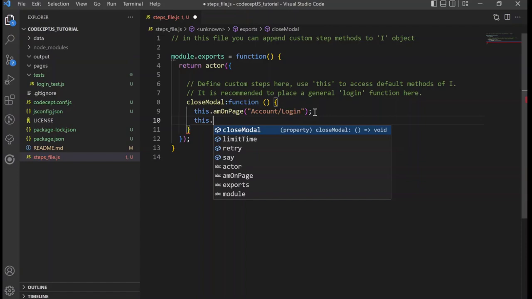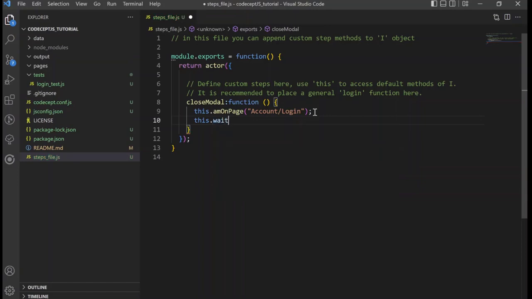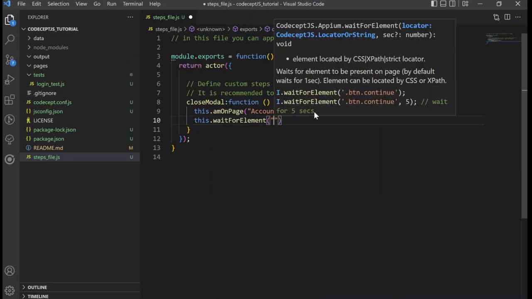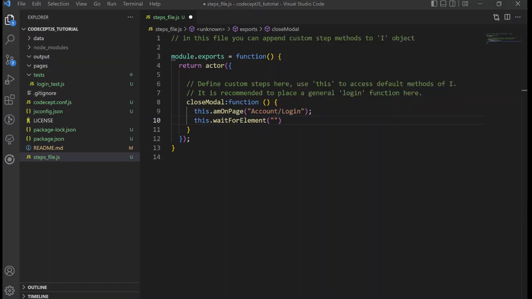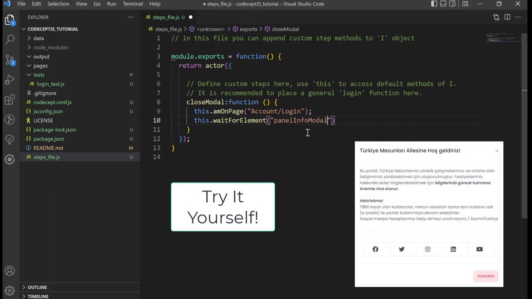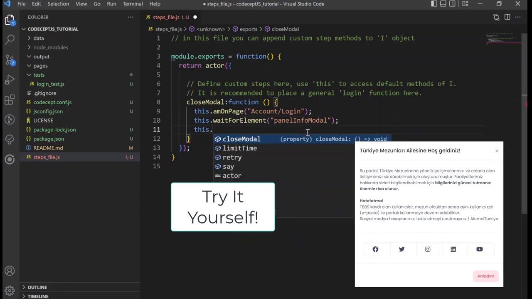And after that I will wait for an element, and it has an ID here, as you see. Panel mid info modal. I'm copying and pasting it, and then I will click that button.